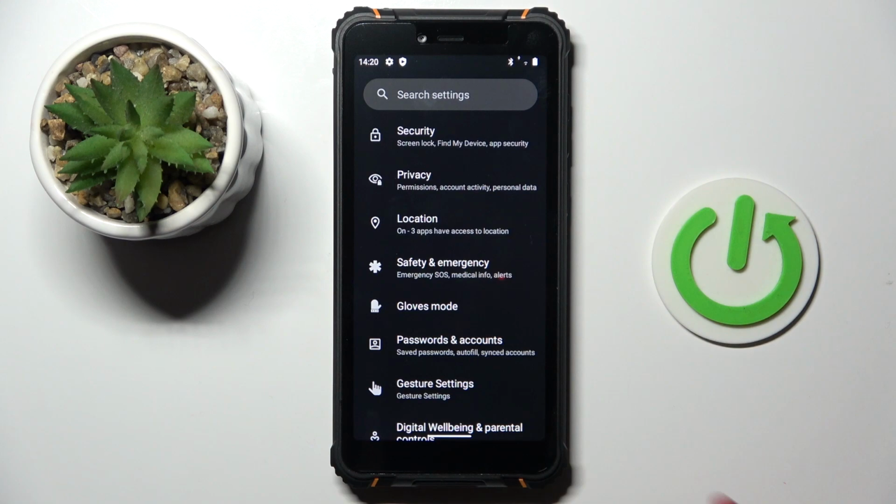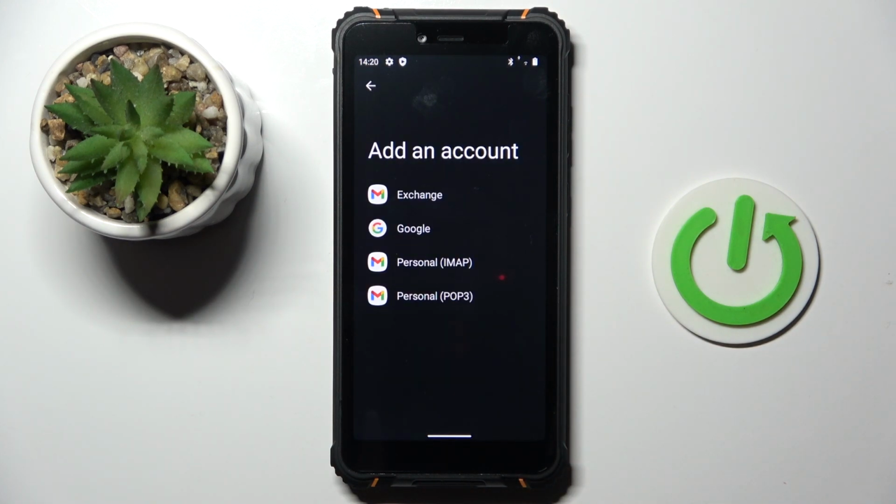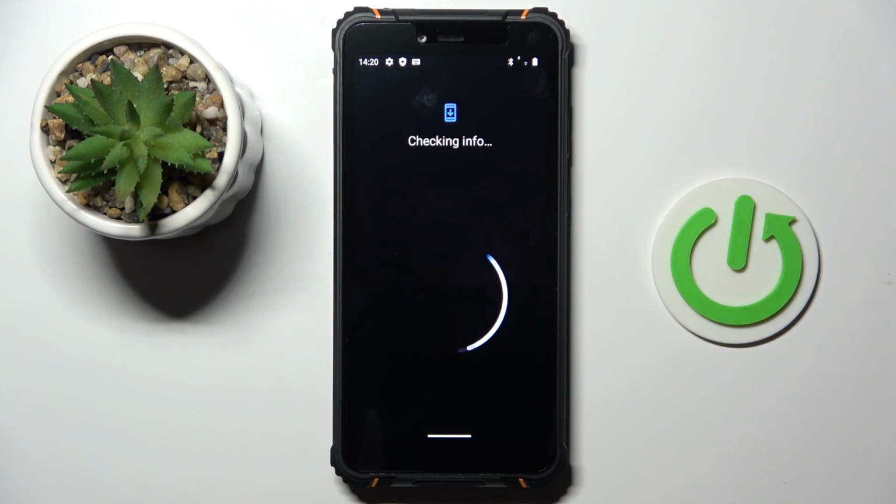At first reach settings, then select passwords and accounts and click on add account. Now choose Google, wait a couple of seconds